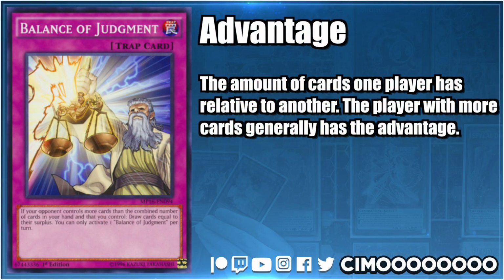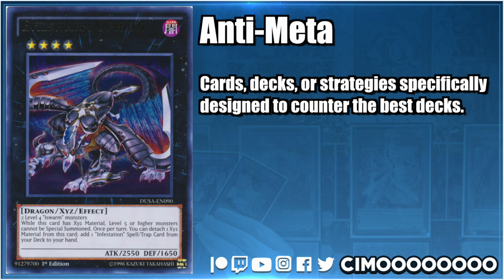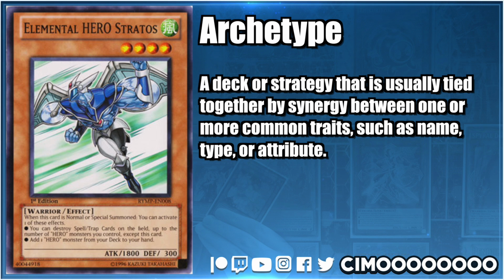Advantage: the amount of cards one player has relative to another. The player with more cards generally has the advantage. Aggro: referring to a deck's playstyle, aggro decks attempt to dominate the game through large amounts of field presence. Anti-meta: cards, decks, or strategies specifically designed to counter the best decks. Archetype: a deck or strategy that is usually tied together by synergy between one or more common traits, such as